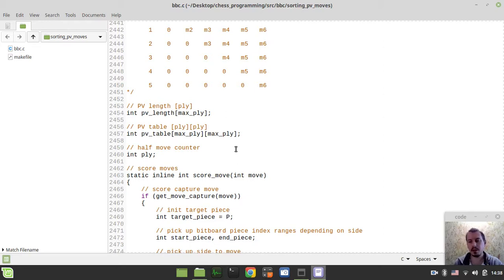In this video we're going to be sorting our principal variation moves. The idea behind this is that at every next depth within the iterative deepening framework, we would be reusing the moves extracted from the principal variation table that is available from the previous iterations. So we would be extracting those moves from that principal variation